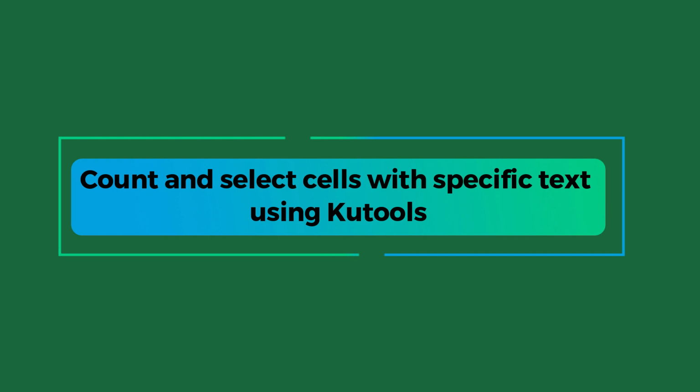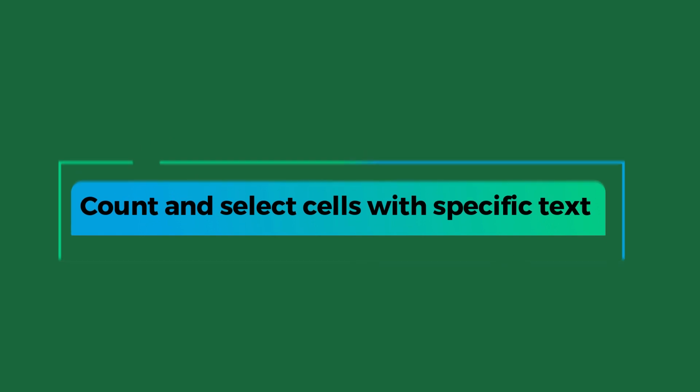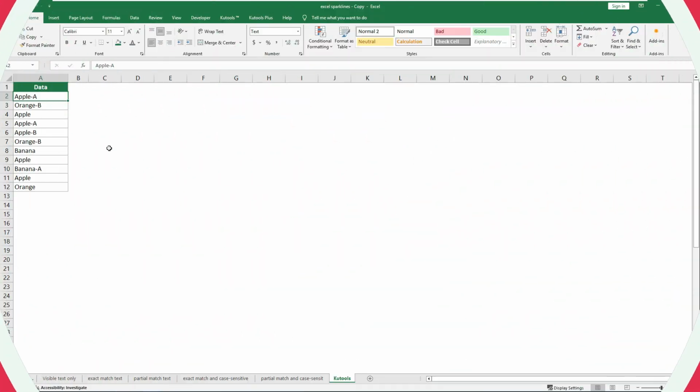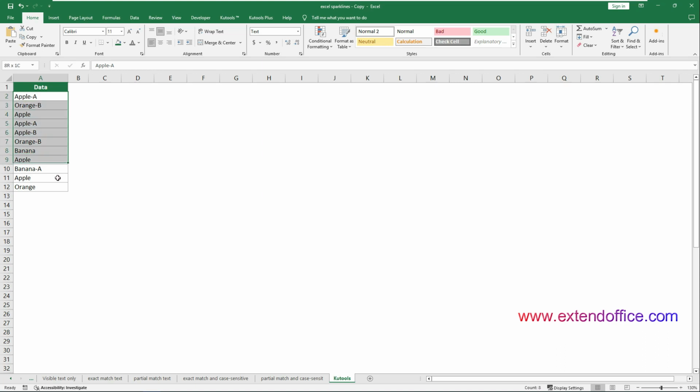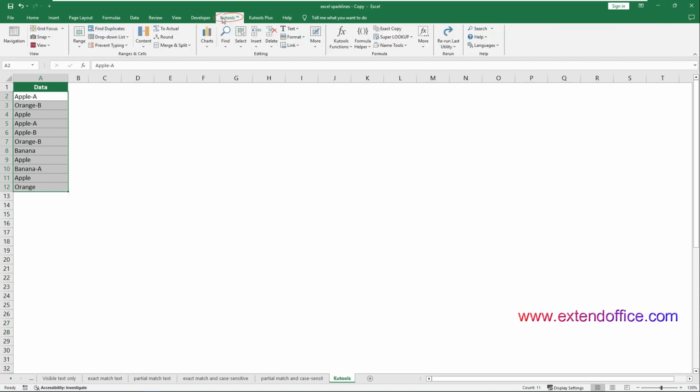Use Kutools to easily count and select cells with specific text. If you are looking for a simpler method to count cells with specific text, the Select Specific Cells feature of Kutools for Excel will be a good choice for you. This feature does more than just counting, it allows cells to be selected simultaneously based on specified text. After downloading and installing Kutools for Excel, select the range of cells in which you want to count cells with specific text. Then go to the Kutools tab. Select